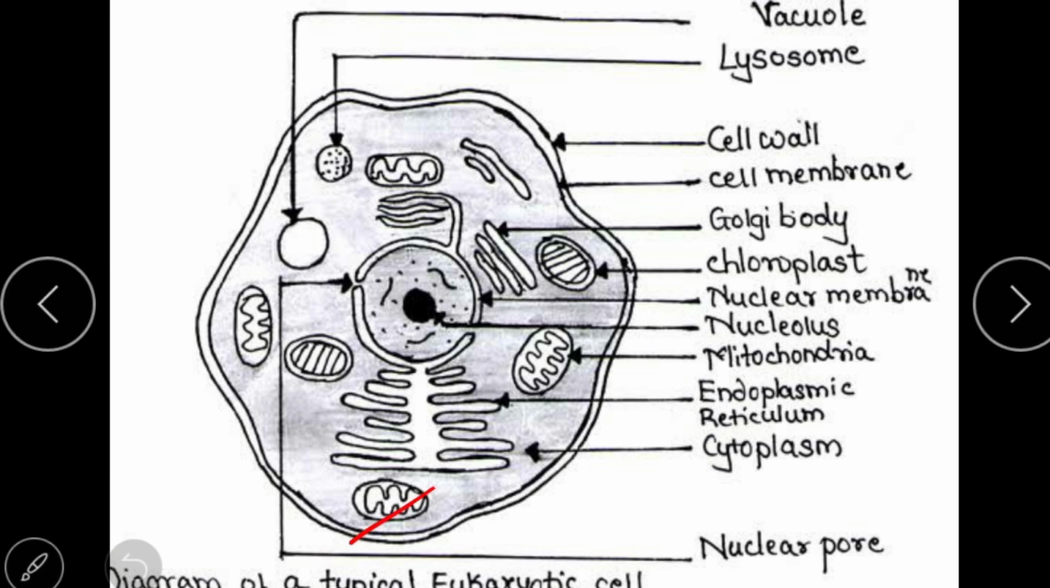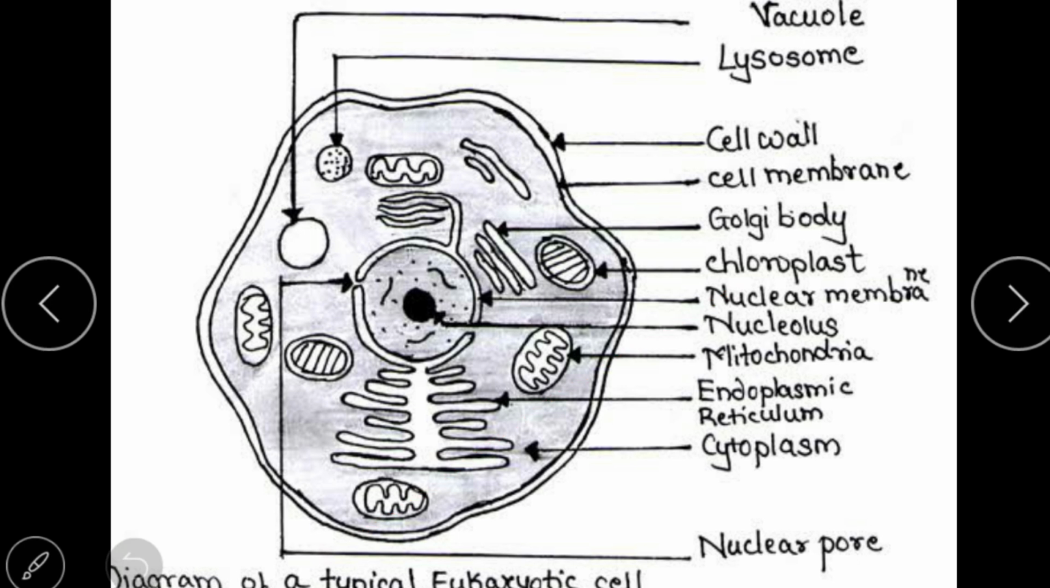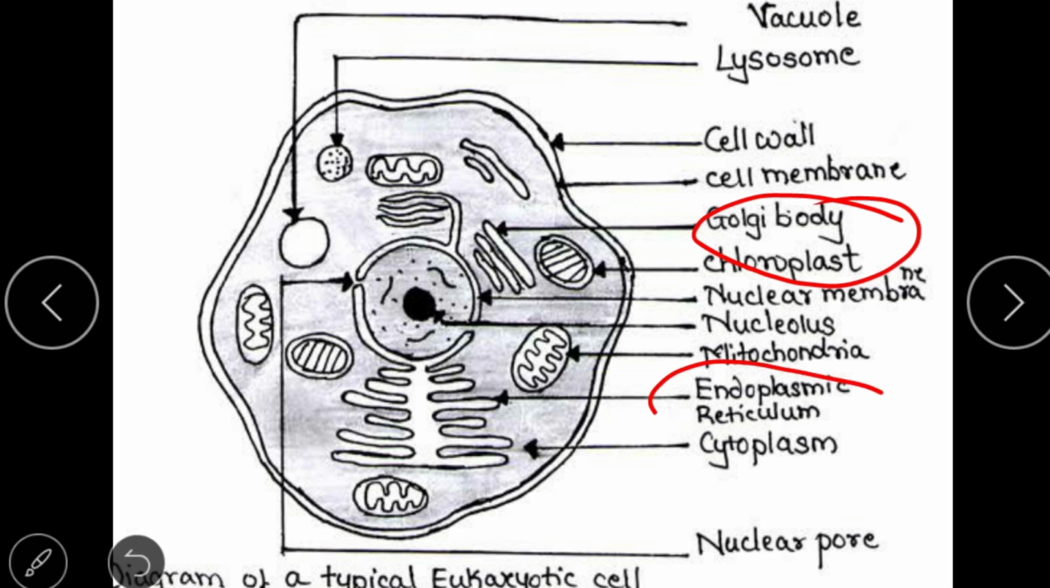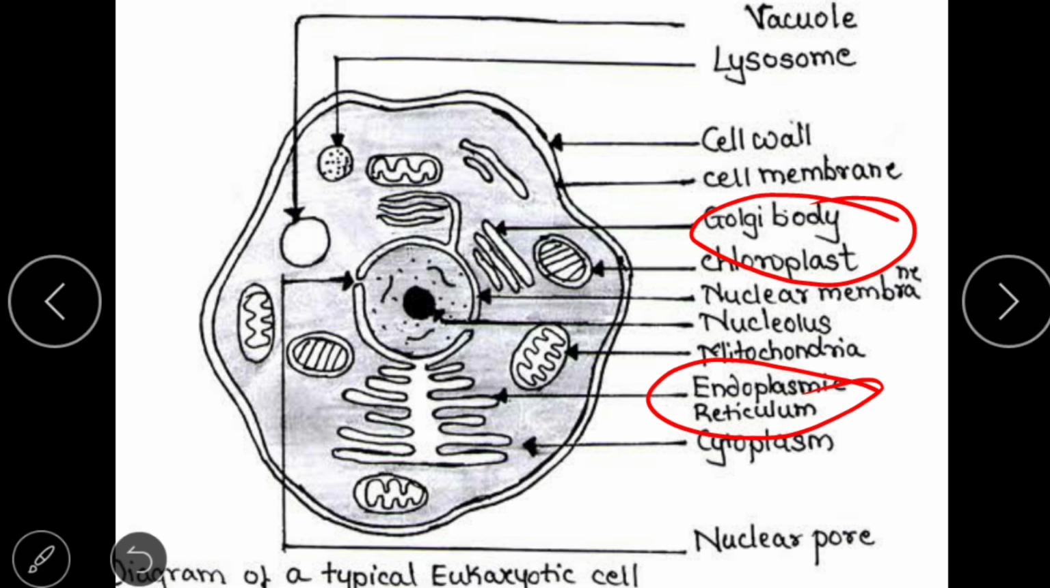In the question, they have asked about the eukaryotic cell. This is the structure of the eukaryotic cell. In this eukaryotic cell, you can find the options that are Golgi bodies and endoplasmic reticulum. The other two options are not found in eukaryotic cells, so you can eliminate them. Now the remaining options are option 1 and option 3, that is endoplasmic reticulum and Golgi bodies. As we come to this endoplasmic reticulum,